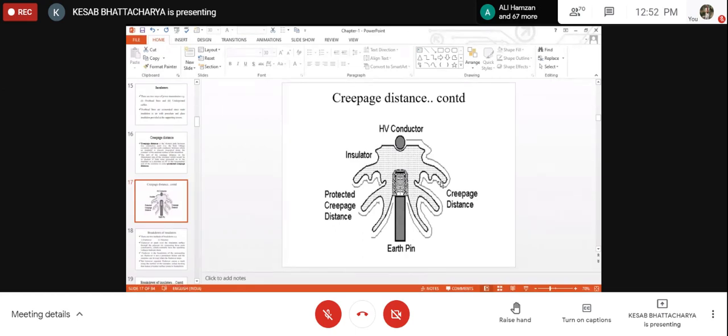So for this particular insulator, operating voltage is appearing between this high voltage conductor and the earth pin or the earth conductor. So flashover means the ionization of the air in contact with the outer surface of the insulator